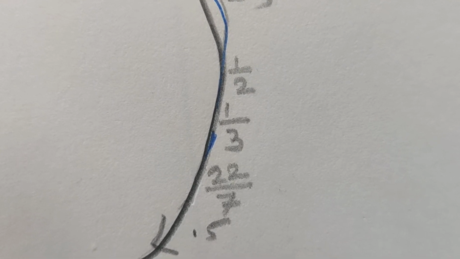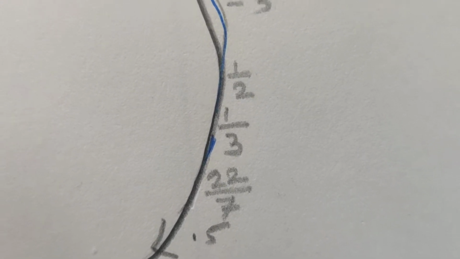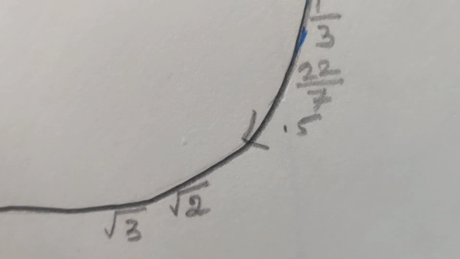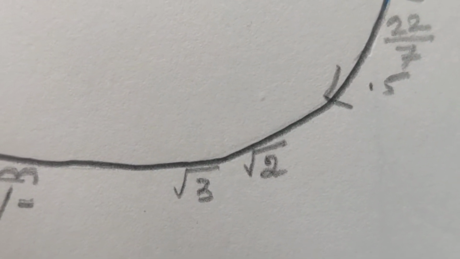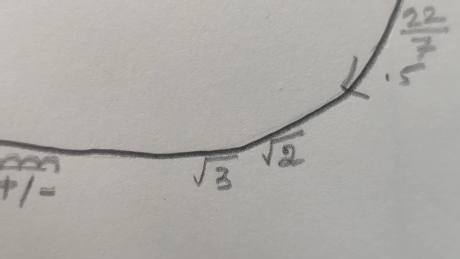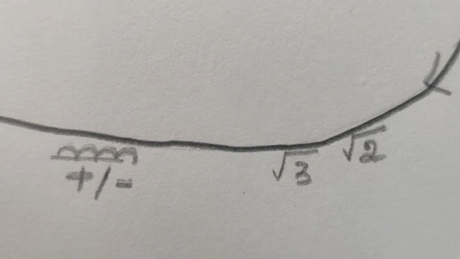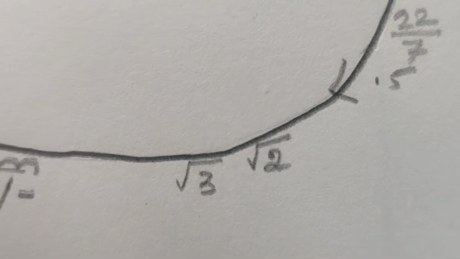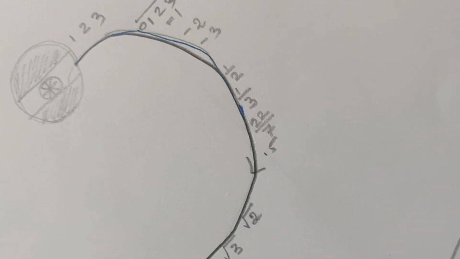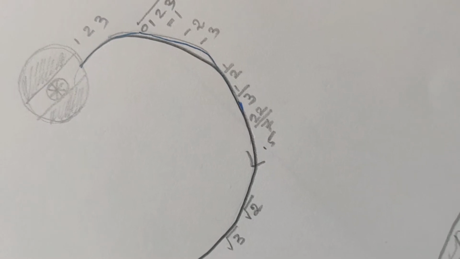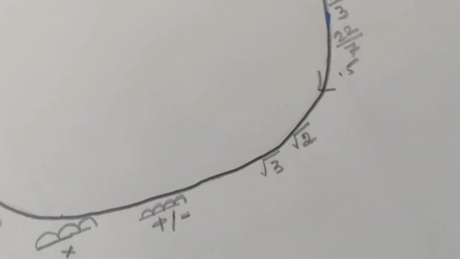22 by 7 is 3.1458714. It repeats again and again. But root 2 never repeats. So these are called irrational numbers. They can go all the way to infinity and they have special property, geometric properties from which they are getting derived. These are perfect numbers which you cannot see. All these numbers together, they are called the real numbers. Wow, real numbers? Are there unreal numbers also? We'll talk about that later.